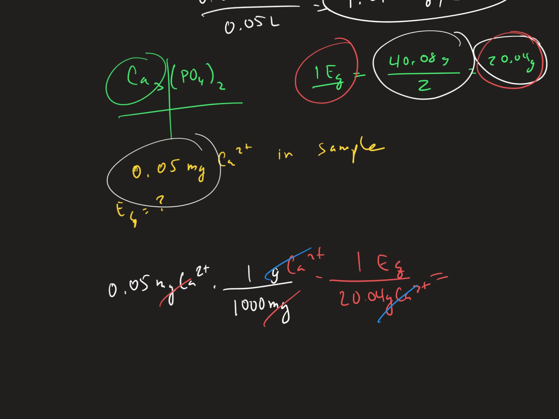That's what we're looking for, so we can stop. 0.05 divided by 1,000, divided by 20.04. What do we get? 2.49 times 10 to the negative